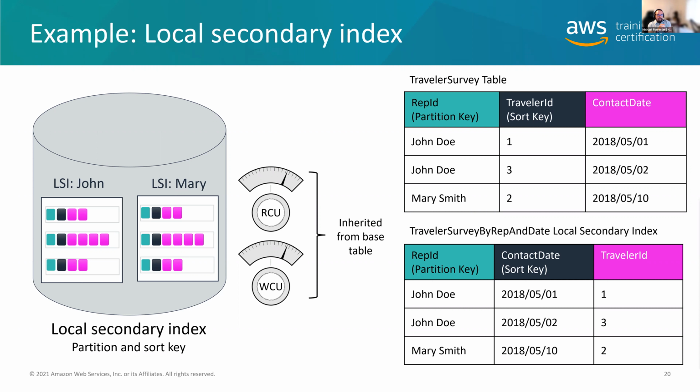You can change the sort key. I don't know that you have to project all of the attributes from the primary table into the local secondary index, but note that you do have to create the local secondary index at the time you create the table. So